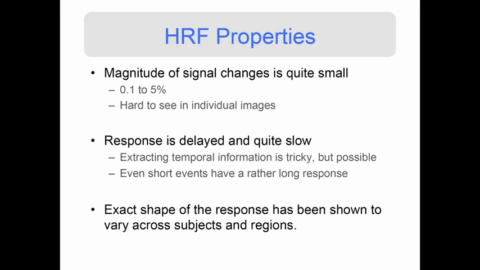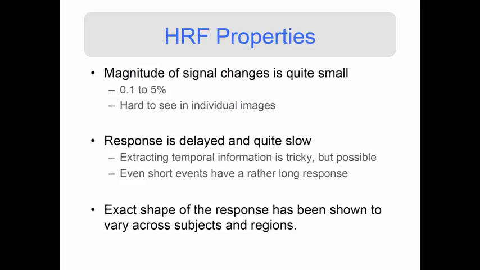Well, the magnitude of this signal change is really quite small, so it's usually between 0.1 to 5% of the signal. So it's very, very hard to see in individual images, so therefore we often repeat experiments or tasks several times and try to get an average. As we see, the response is delayed and quite slow, so extracting temporal information is really hard, but it is